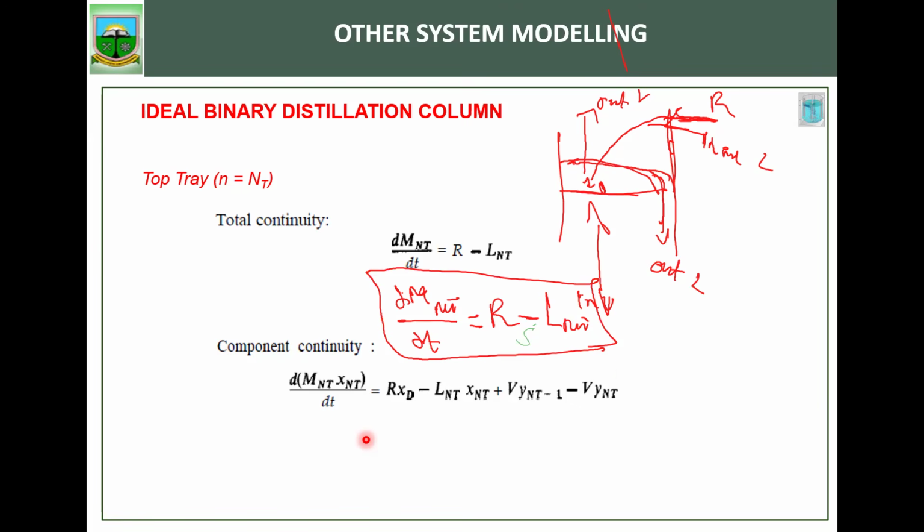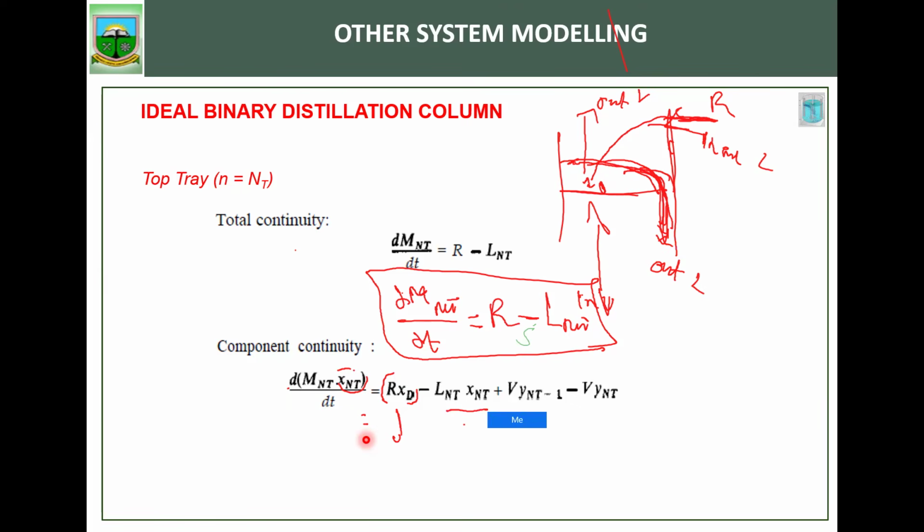But for the equation for the moles of the light component, you are going to take the percentage of the light component here equal to the percentage of the light component in the reflux, that's this place, minus the percentage of the light component that is leaving the tray, that's the one coming down here in the liquid phase. You know, liquid always flows down the tray. So this is the composition of the liquid on the tray